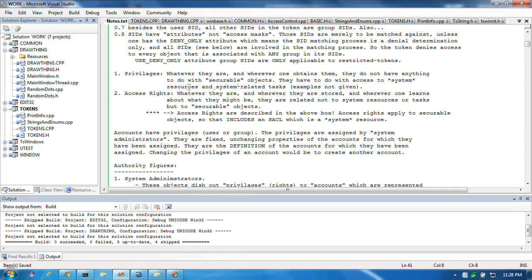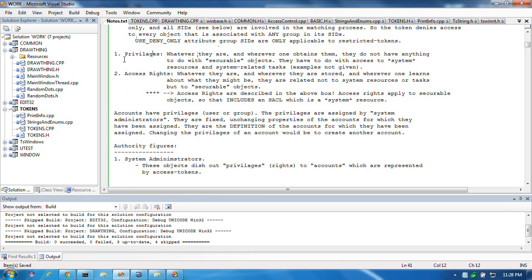They don't give any examples, but whatever, that's what privileges are. Access rights are things that are controlled by those lists and so on. So they have nothing to do with privileges, except